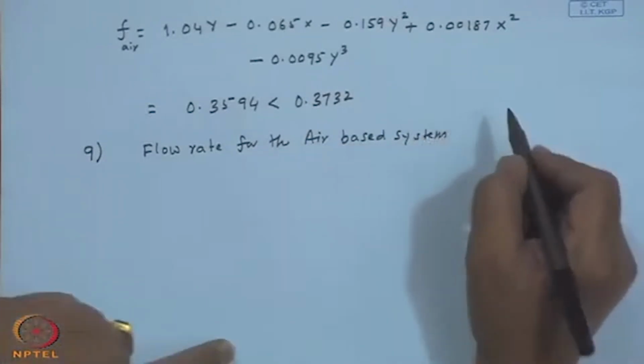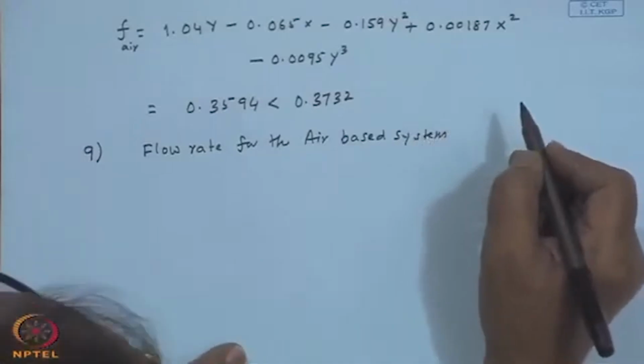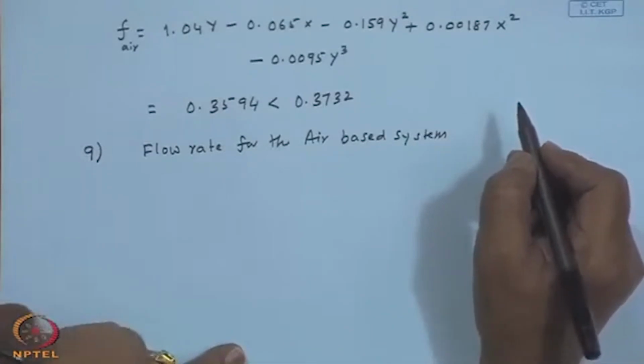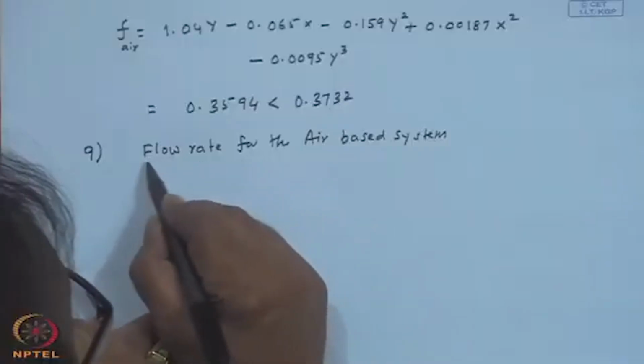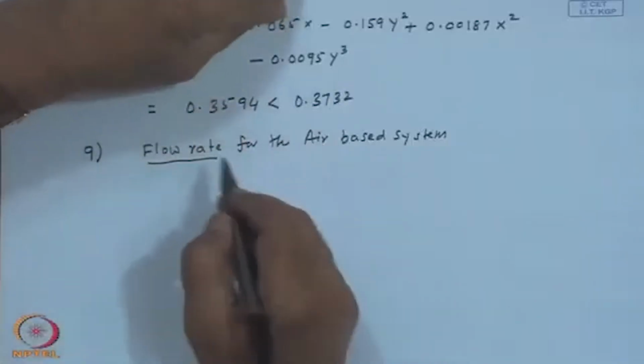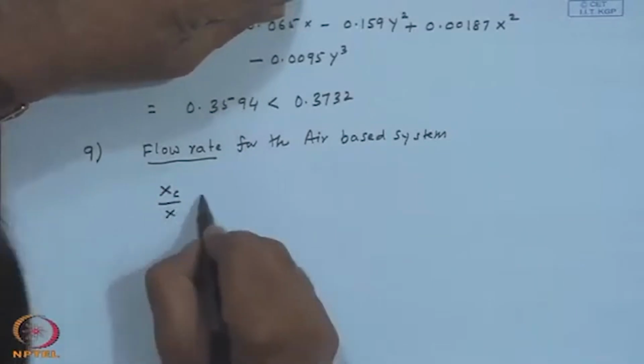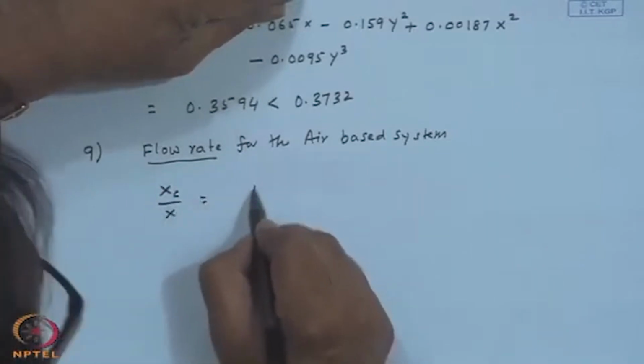You may recall for the liquid based system, the corrections are for the heat exchanger, not being epsilon L C minimum by UAH equal to 2, and the other one is for the storage. For the air based system, the corrections are for the storage and the flow rate, because the performance is highly dependent upon the flow rate for air based systems. So, the correction is now Xc by X equal to actual flow rate